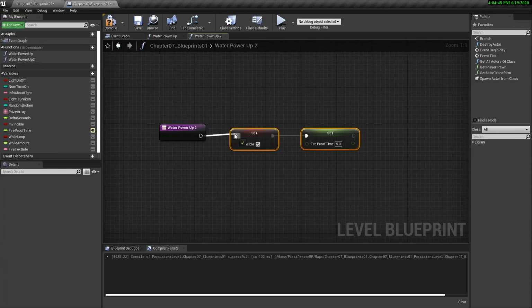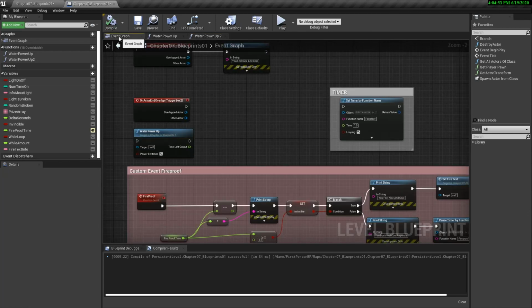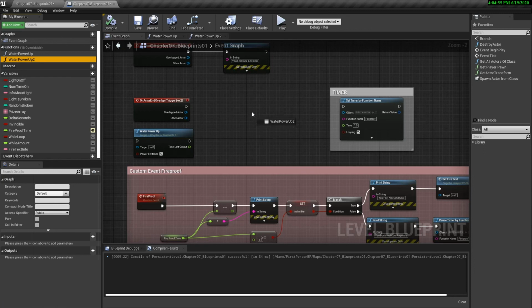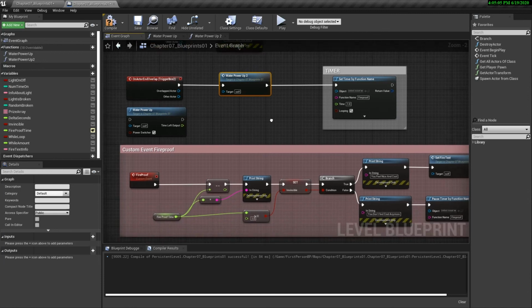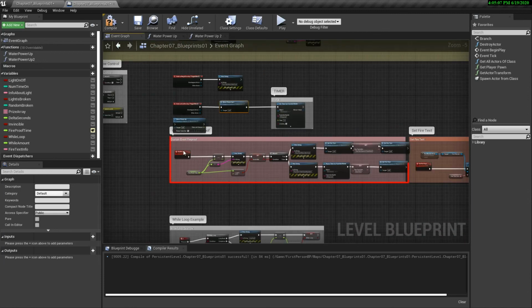So now I could attach this, hit compile, and go back to the event graph and drag one of these down into the scene. And it would work. I mean, this is essentially chunking down those nodes into one node. And we could do better than that, right? We could take this whole set and pipe those into a function as well, or a macro.